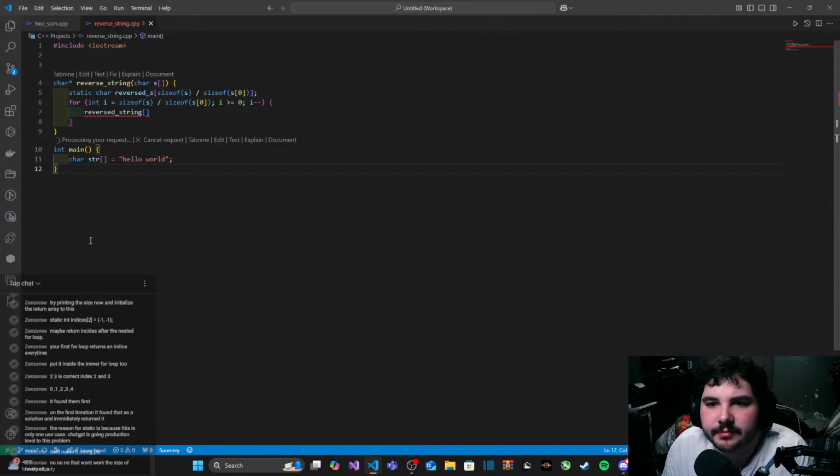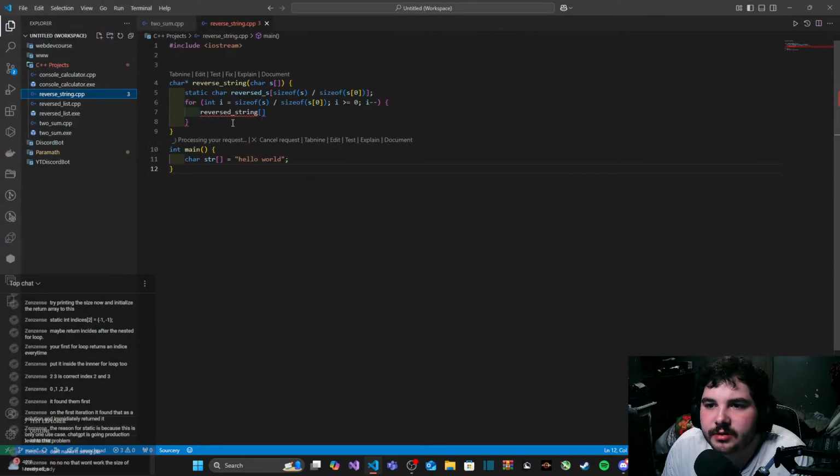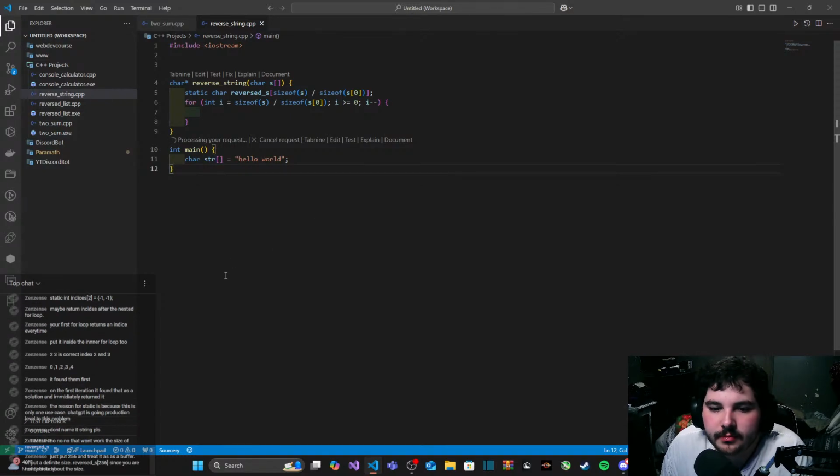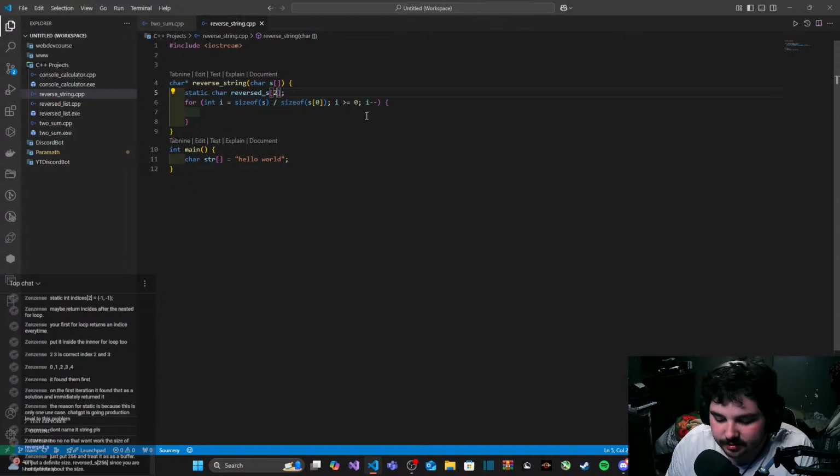What do you mean by size of reversed s? Shouldn't I be able to just iterate backwards again like I did the reversed linked list? I mean, I guess I could do that.